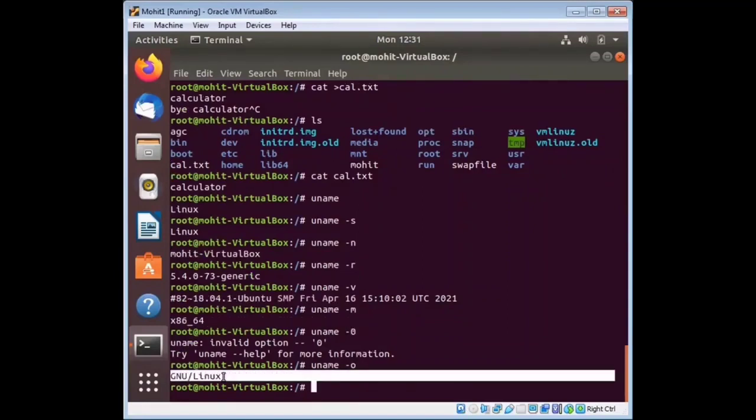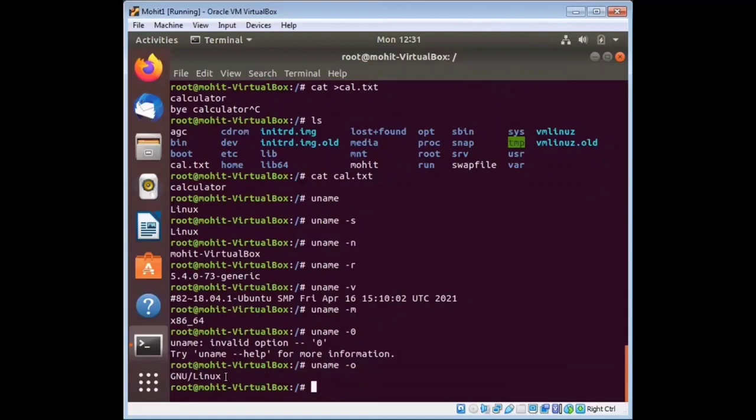When you press enter, it will show you GNU/Linux, meaning it will print the operating system name. So this is all about your uname command.